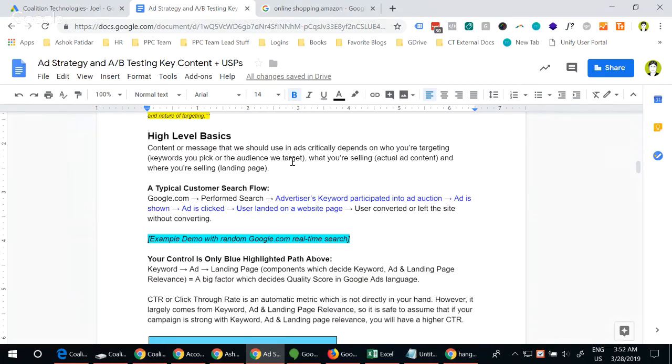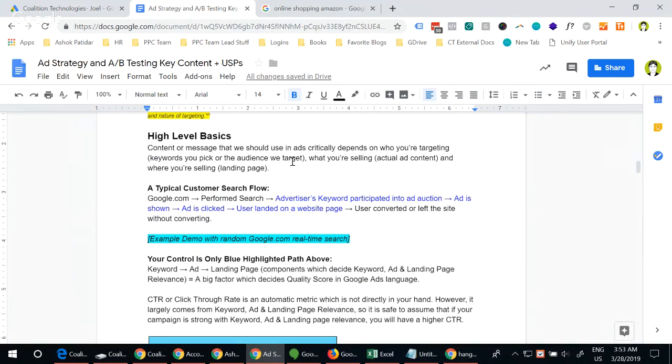So having an effective ad all depends on what keyword you are picking or what audience you are trying to target, what you are selling, that is what the product and service is,